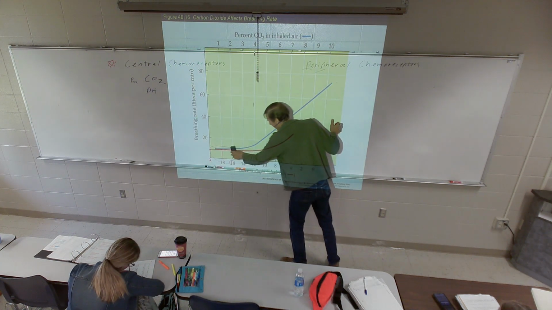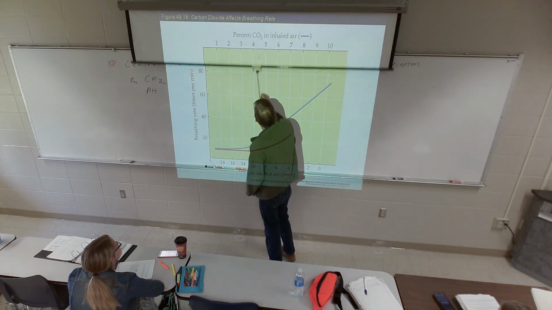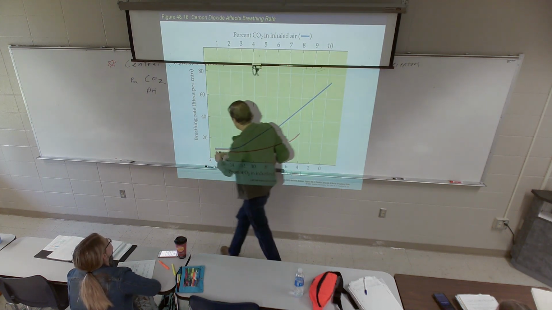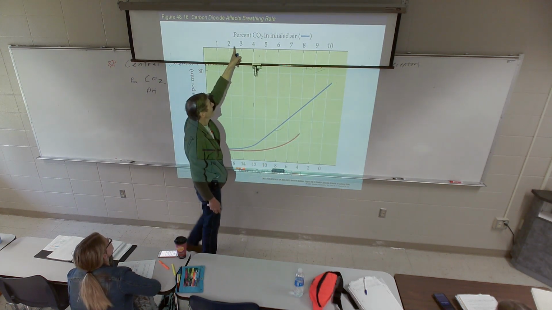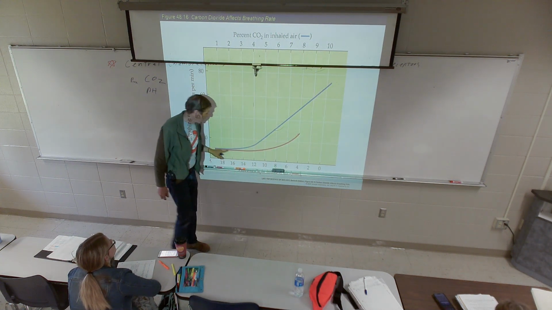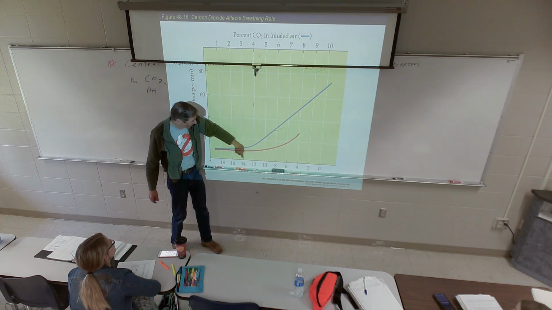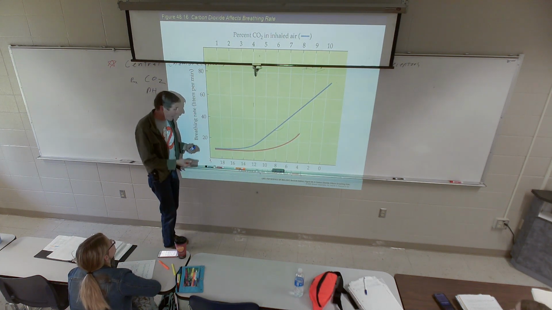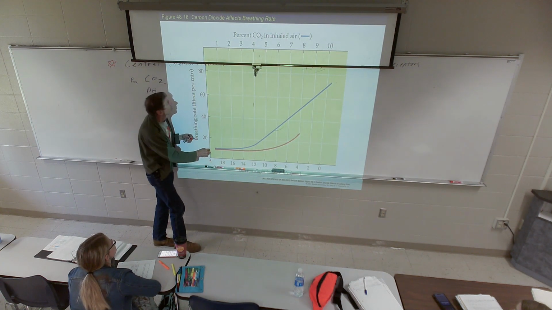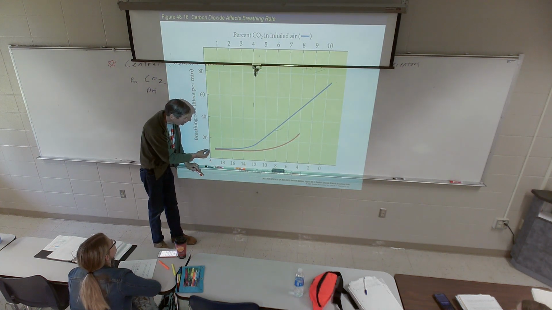On the other hand, the other axis up here, let me drop this down a little bit. This is the percent carbon dioxide in your inhaled air. We're going to watch the blue line. Note the scale is different. Each of these is a 1% change, each of these a 2% change. So what happens now? You're breathing air, everything's fine. We're at about 0 CO2 for all practical purposes, 0.3 millimeters of mercury, and your breathing is just fine.